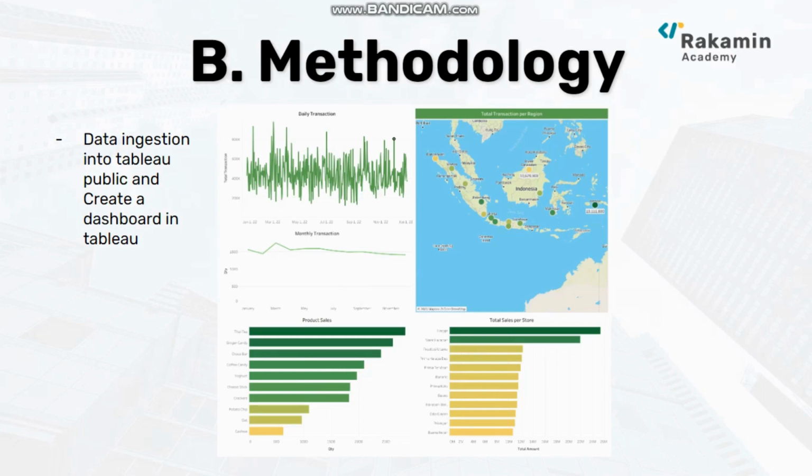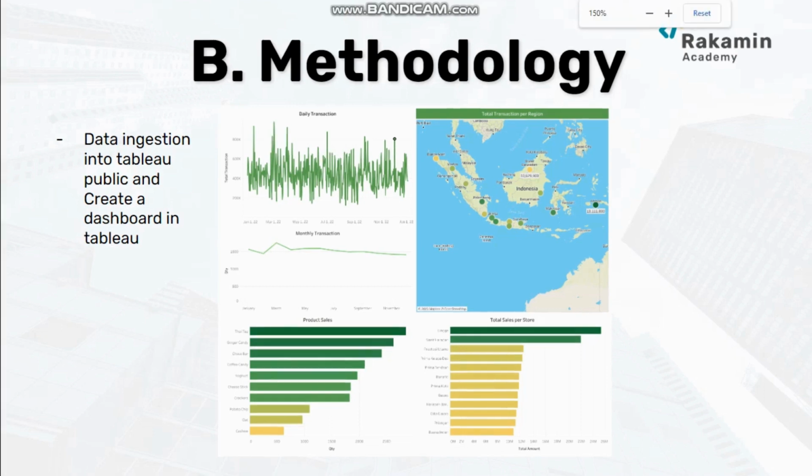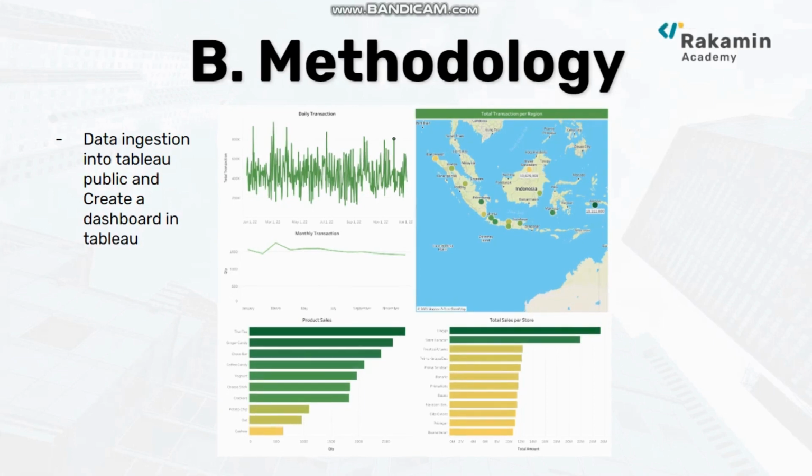So we're going to get ingestion to Tableau Public and create a dashboard in Tableau. The daily transaction, as you can see in these graphs, is fluctuating and literally similar month by month. We can see here that there is a significant increase in March, and the product that sells the most